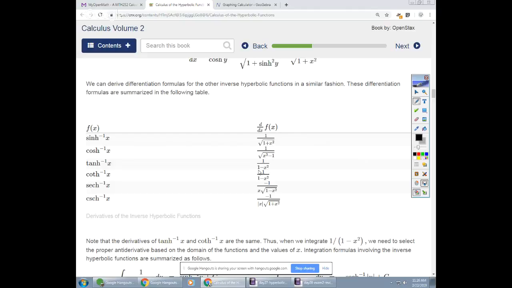How about this, which looks familiar, 1 minus x squared in the denominator. What's that look like? The arctan is 1 over 1 plus x squared. Yes. Changing it to a minus is a big deal, because what is a hyperbolic inverse function? It's just a logarithmic function. That's all it is. We just gave it a fancy name. So if you change the plus to a minus, you move from having arctangent be the antiderivative to a logarithmic function being the antiderivative,